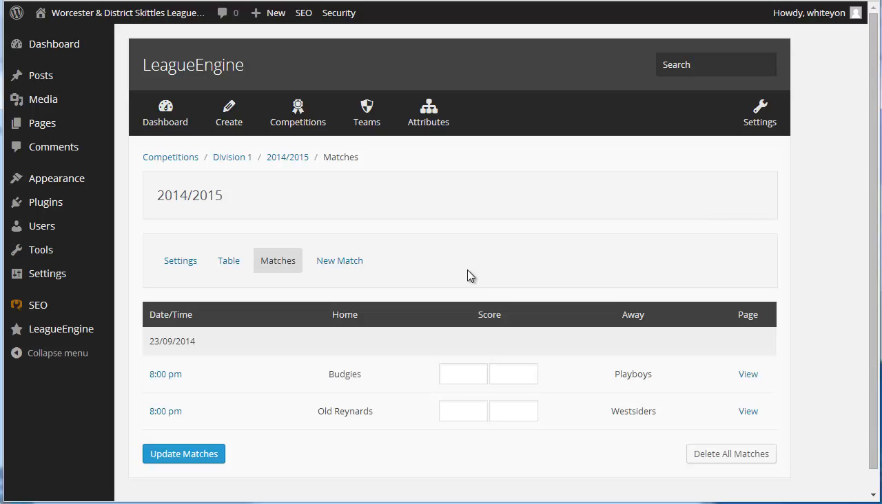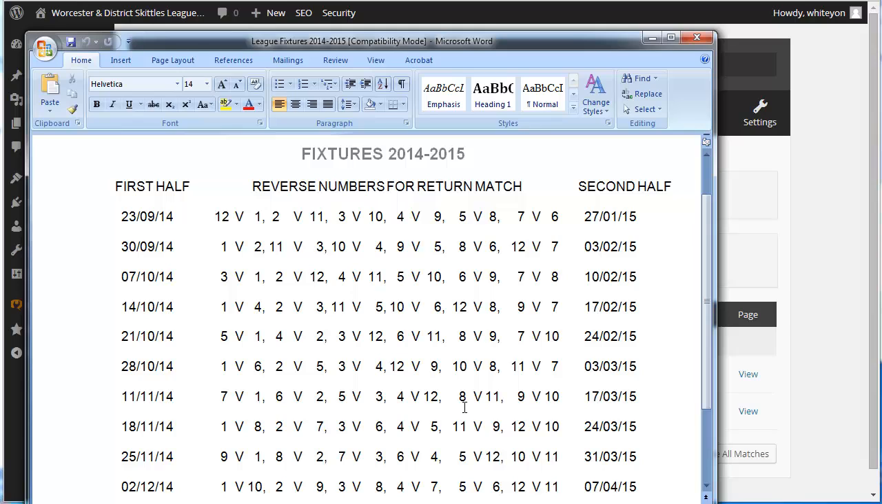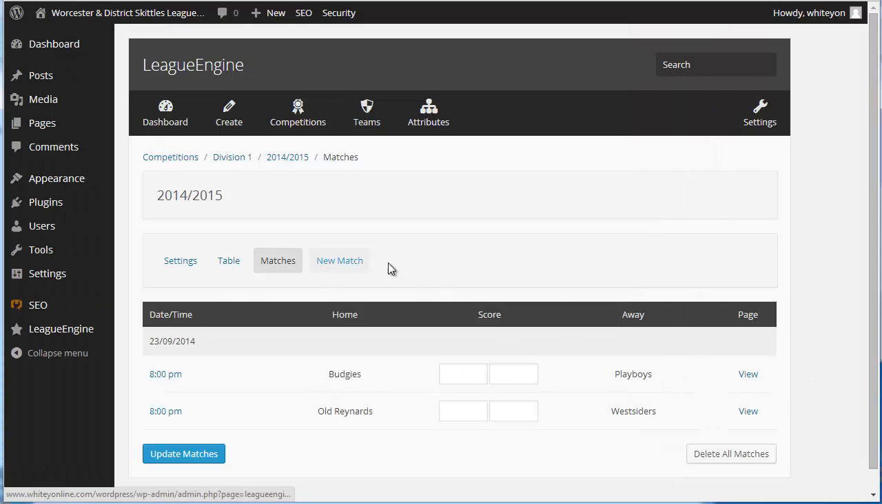Right, matches. Now, there's been no way around this. I've worked my heart and soul out to try and get the system that Dave uses, which is this fixture list, into the system so it's automatically generated. It's just physically not possible. However,